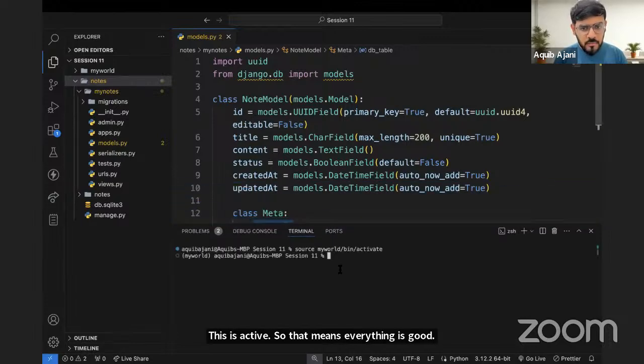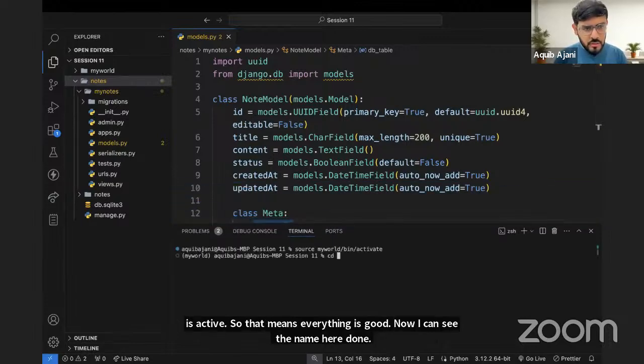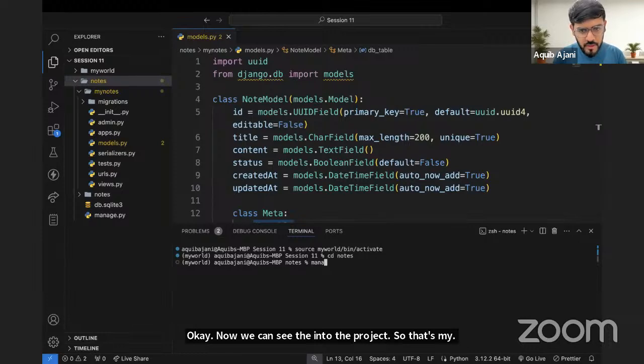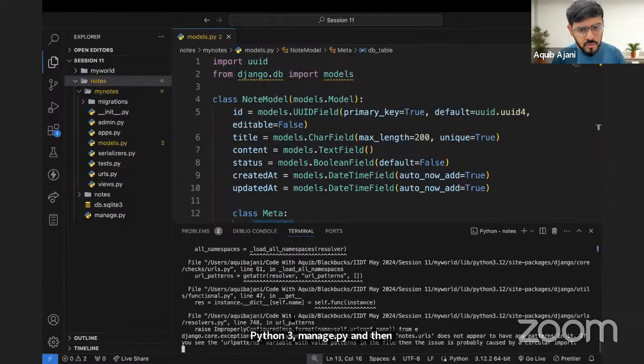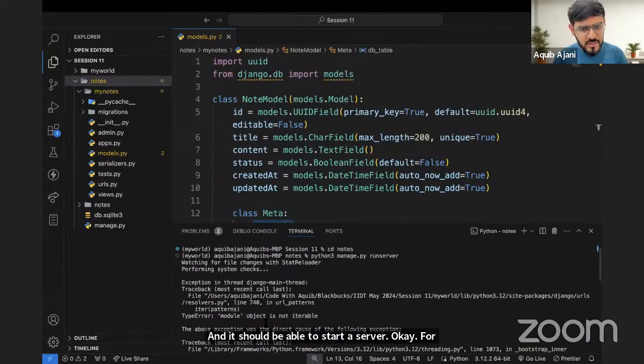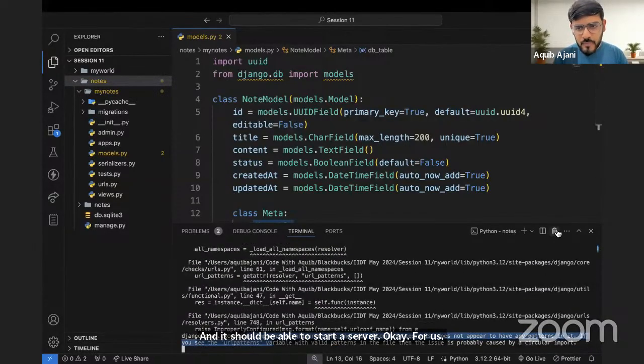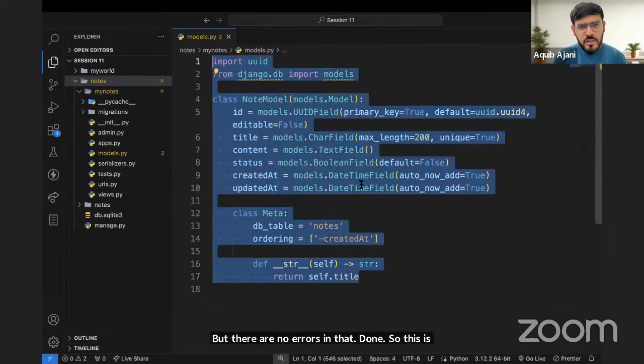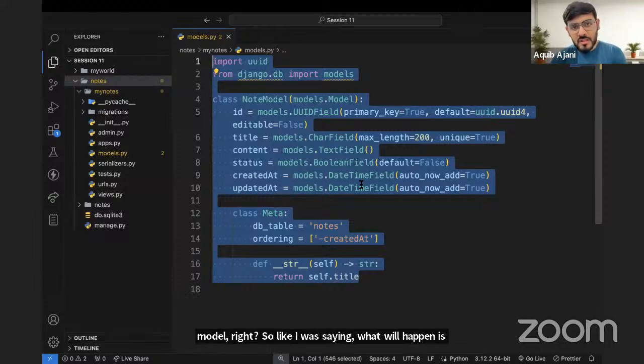Done. Now we can cd into the project, so that's cd notes. And then we can say python3 manage.py runserver, and it should be able to start a server for us. The files and folders are missing, which is fine, but there are no errors in that. So this is our model. Like I was saying, what will happen is once we create this model and we make migrations,